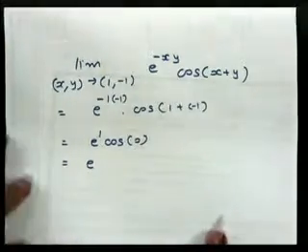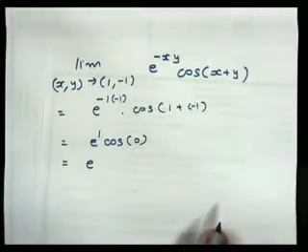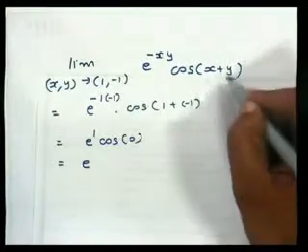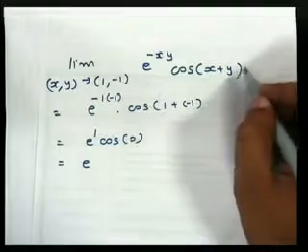So if the question is this simple, then we can put in the direct limit. But if, when I put the values of the point x equals something and y equals something into the function, there is an undefined form, then we have to use some different techniques to find the limit of that function. Let us see one more question.